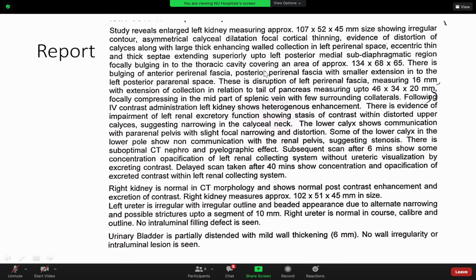The study revealed enlarged left kidney measuring approx 10.7 into 5 into 4.5 centimeter size, showing irregular contour, asymmetric calyceal dilatation, focal cortical thinning, evidence of distortion of calyces along with large thick enhancing wall collection in the left perirenal space, eccentric thin and thick septa extending superiorly up to left posterior medial subdiaphragmatic region, focally bulging into the thoracic cavity, covering an area of approx 13.4 into